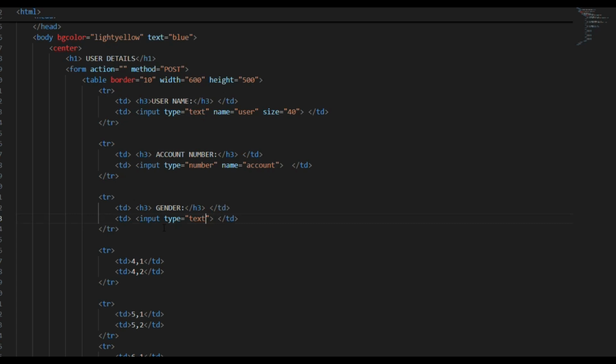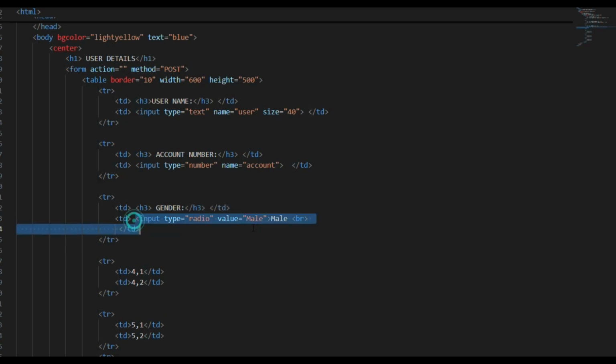Here it is called a radio button, a radio. And here we need to mention a value equal to male, and this is a male. You can give the br tag, and you can expand this one, copy paste of this one,